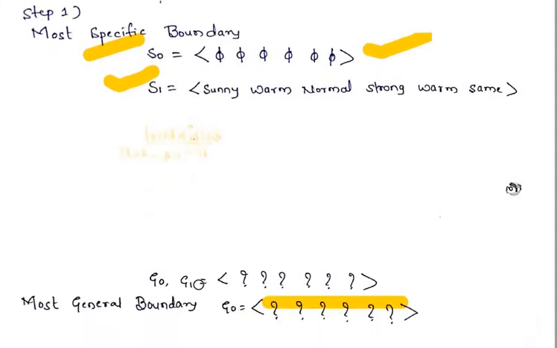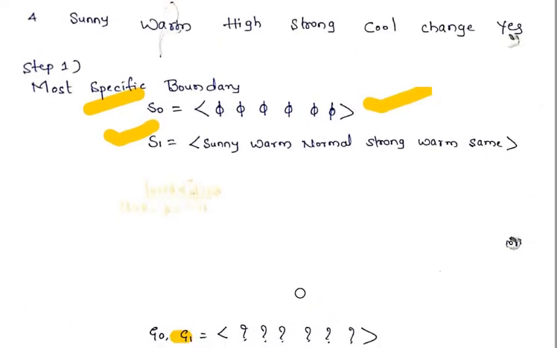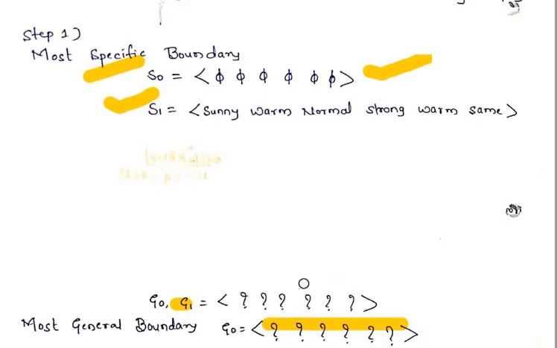So G0 becomes G1. As you can see here, from G0 to G1, I have kept all values as question marks. Here also, previously in the G0 state all values were question marks. Now also it is question mark, because question mark means we can take any value for that. Either you can take it as sunny, warm, high, strong, warm, anything. So that means question mark will take any value.